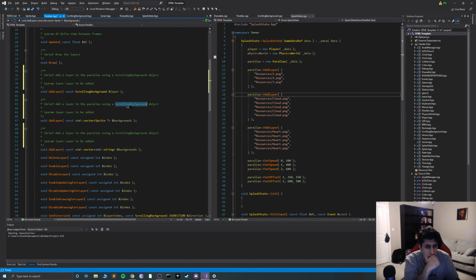And using, see, I want to say list because it's set of sprite objects, background, to create a layer to be added to the parallax.